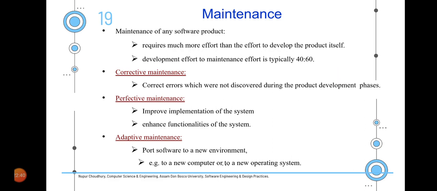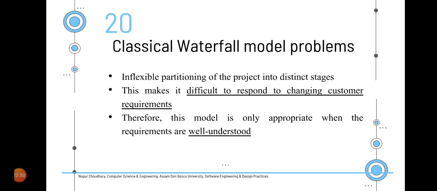So these are the different steps of software life cycle model, which corresponds to the classical waterfall model. Now there are certain problems associated to classical waterfall model which do not allow this model to be used practically in various industries and organizations. However, it still serves to be an ideal model for most of the cases.